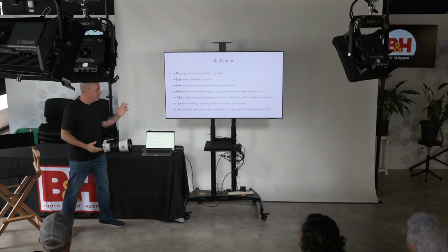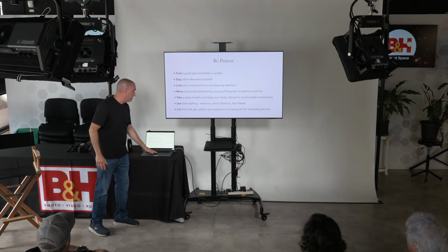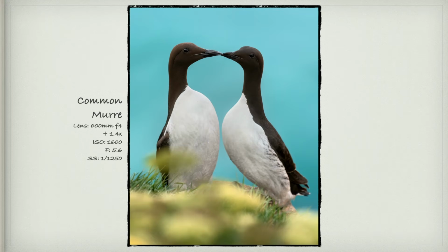It's more of the same. Just move slowly to get into the position, let the birds get used to your presence, and stay still for long periods of time. So this is on the same cliff as